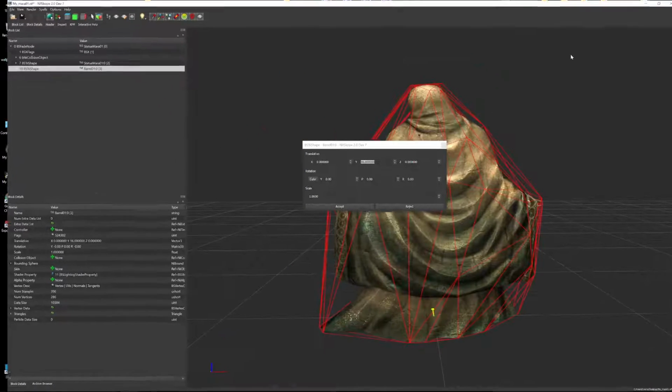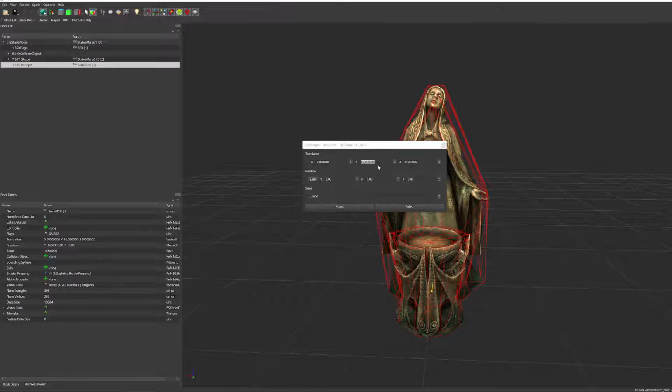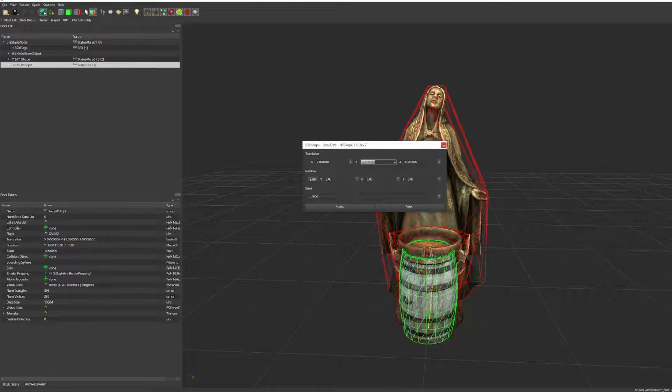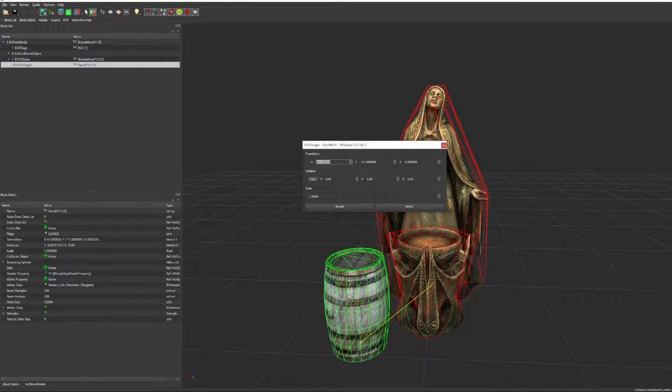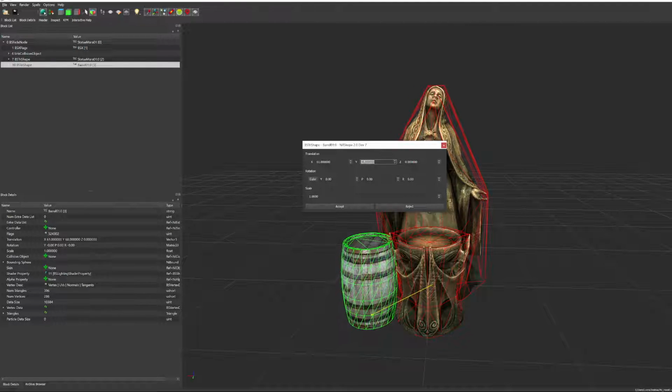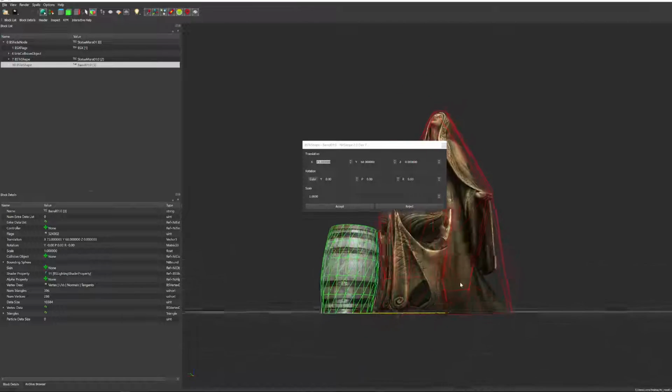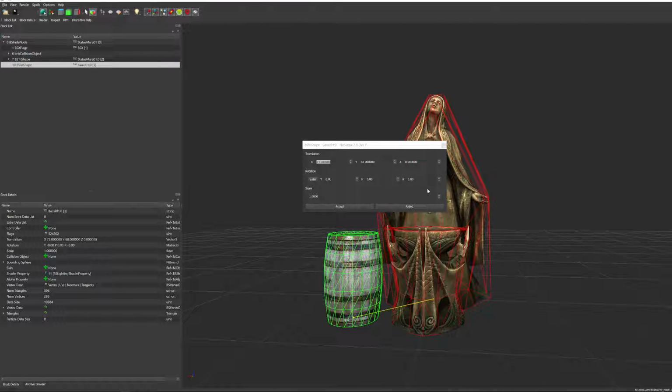Let's maximize Mara for a minute. I'm gonna move the barrel. So y-axis and then z-axis. You just want to play with it. I don't even know what they are really without messing around with them. I never memorize this stuff. It's really easy. Okay, so we have it in that position, right? So the only way that it'll work is if you hit accept.